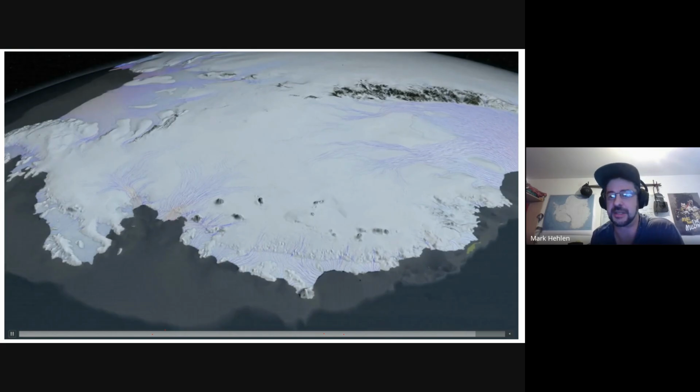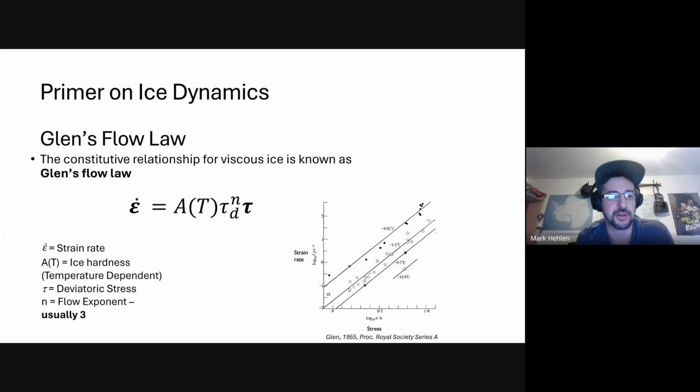I was told that, because we are a general audience and looking at some of the previous talks, I thought I would do a quick primer on ice dynamics, like how ice moves. Just quickly, we're not going to go over a ton of maths. Basically, we have Glen's flow law, a constitutive relationship for viscous ice, and it tells us how strain rate